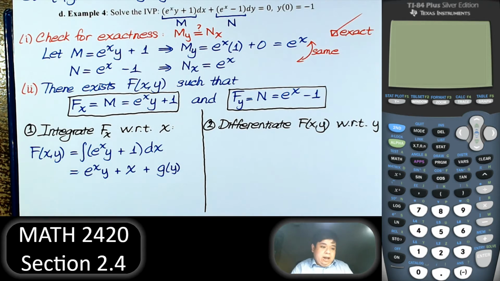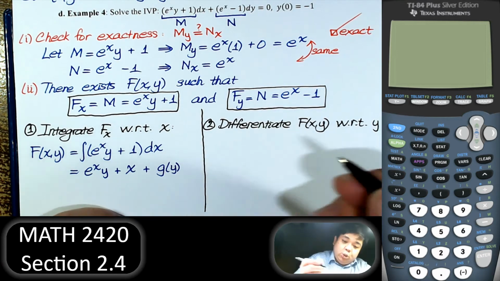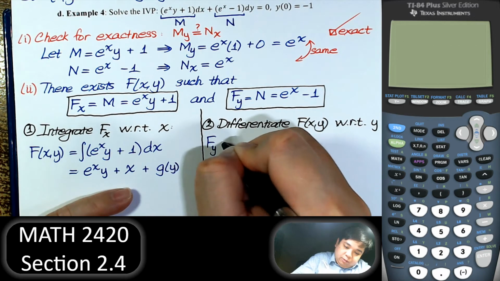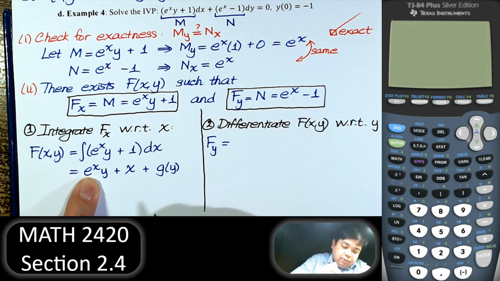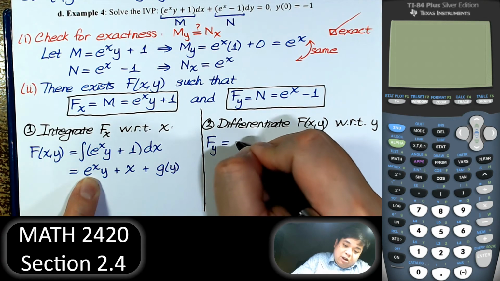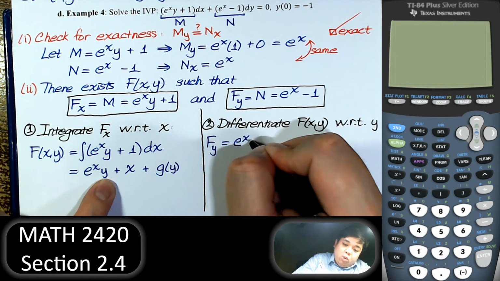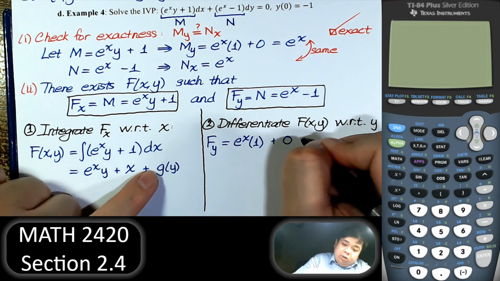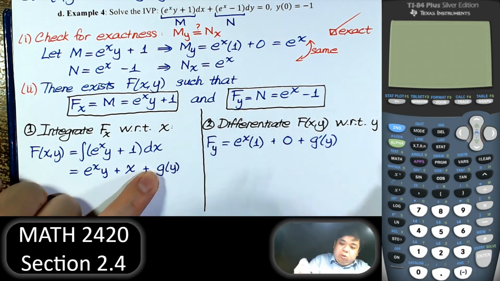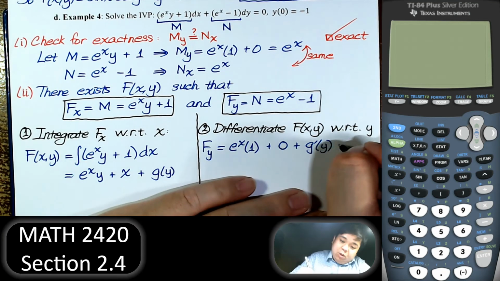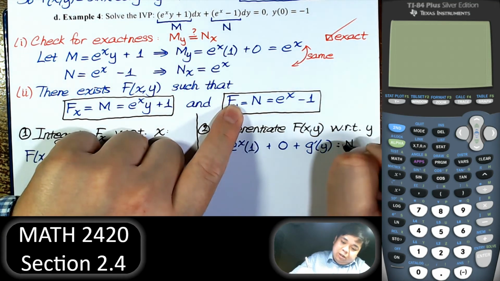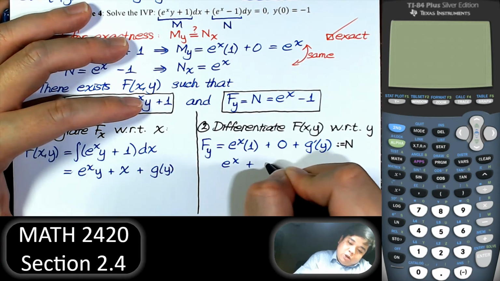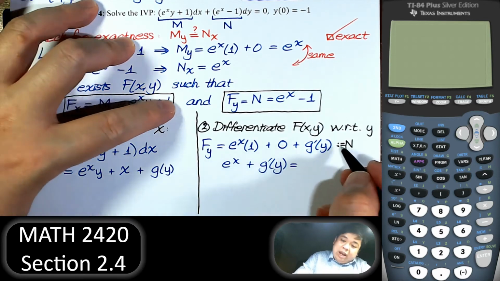Right, simple enough. Now we differentiate this with respect to y. Derivative of this with respect to y: e to the x is a constant, so the derivative with respect to y is 1. Derivative of x with respect to y is 0. Derivative of g with respect to y is g prime of y. We will make this equal to n. So we write e to the x plus g prime of y equal to n, which is e to the